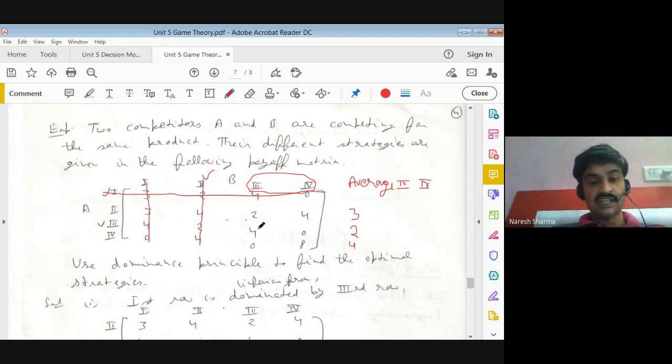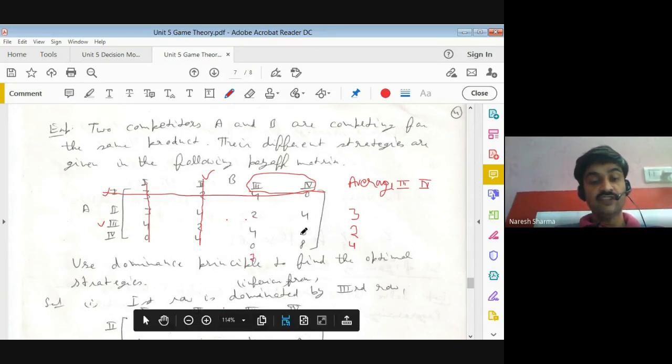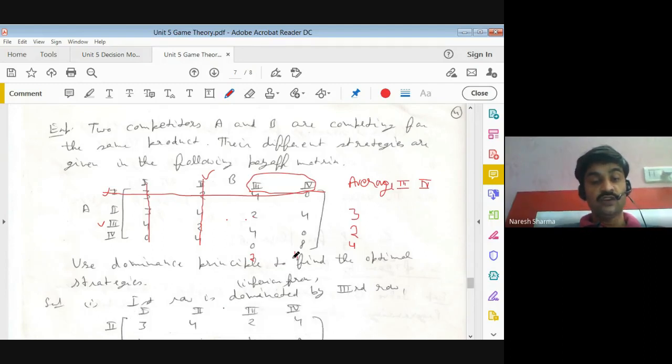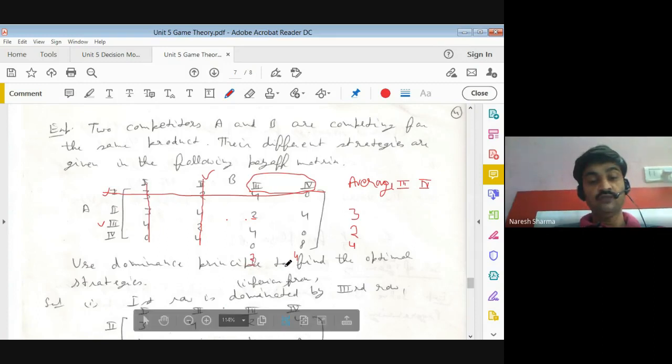So again you check if any row is inferior, we can delete that, but no row looks inferior here. Similarly, no column looks inferior, then we can again look for the average process if possible. So if you see here, the average of these two, third and fourth, is 4 divided by 2 is 2, the average of the last two. Similarly, average of these two is here 4. So if you see, both the values are equal, right? This 2 is equal to 2 and 4 is equal to 4.